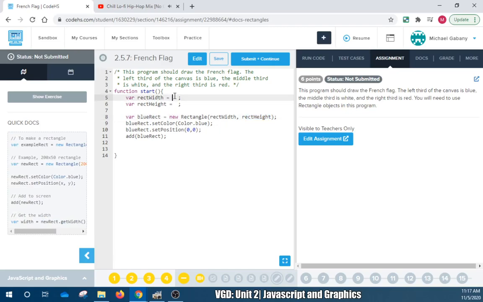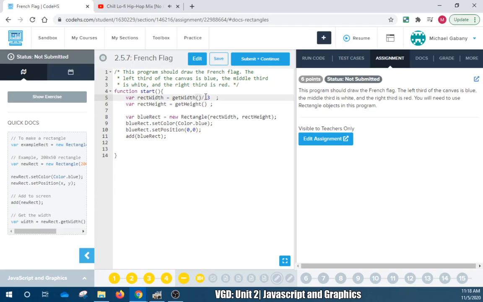We're going to do the other way. We're going to give it a width. And all I'm going to say is get width of the screen. And since there's 3 rectangles inside of the screen, I want the width of each rectangle to be 1/3 of the screen. This way that 3 can fit in the entire screen, but I want them to all take up the entire height of the screen. So they're all going to have the same height and they're all going to have the same width,